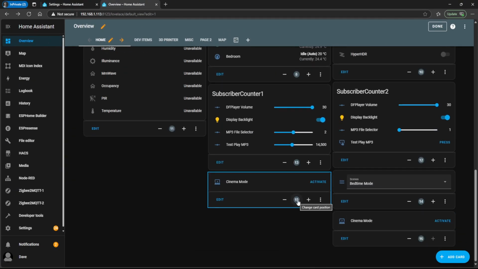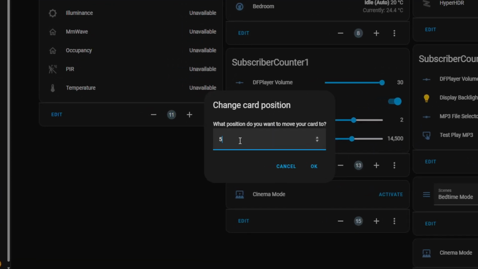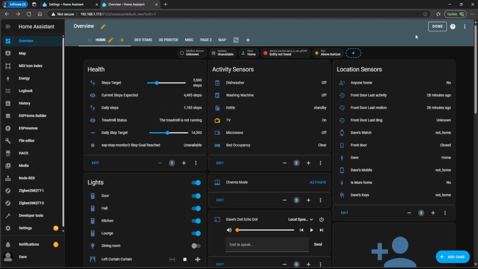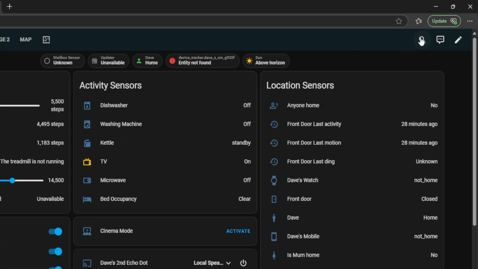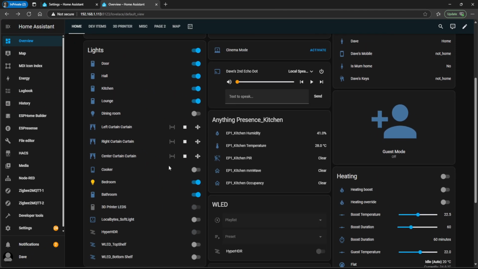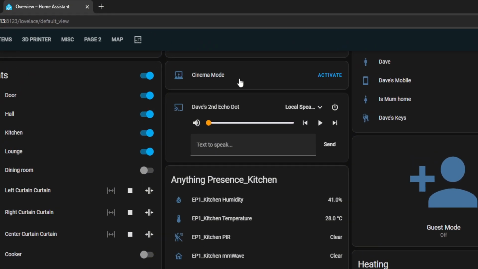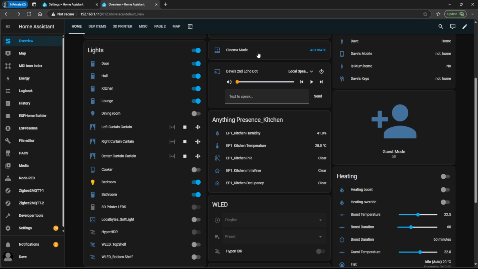and I'm just going to move the location of where this has been placed. So I'm going to change this number to 5. Now you can click done. And you'll see here we've got the cinema mode button, and before I press that, what it's going to do is, if you keep your eyes out on this section, it's going to turn the kitchen light off, the lounge light off, the dining room is going to change to on at 10% brightness, and it's going to close all of these curtains. So I'm just going to go ahead and press activate,